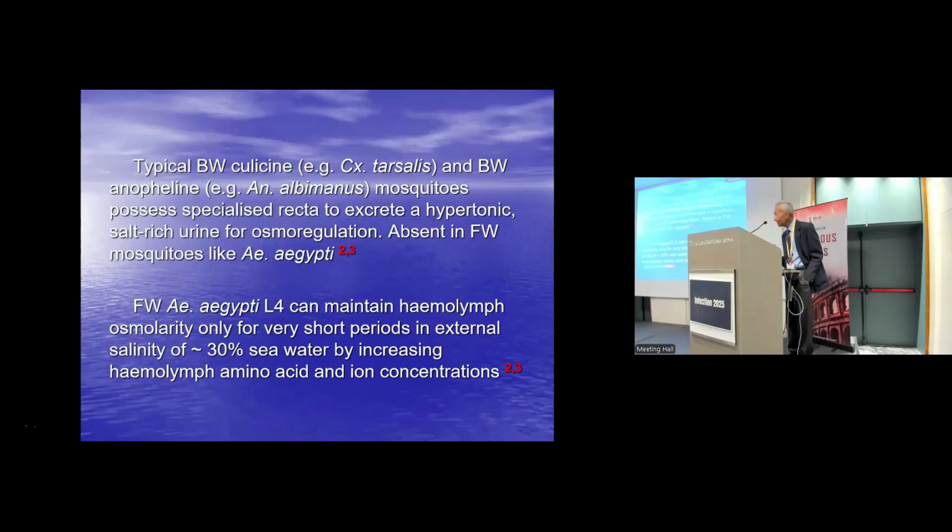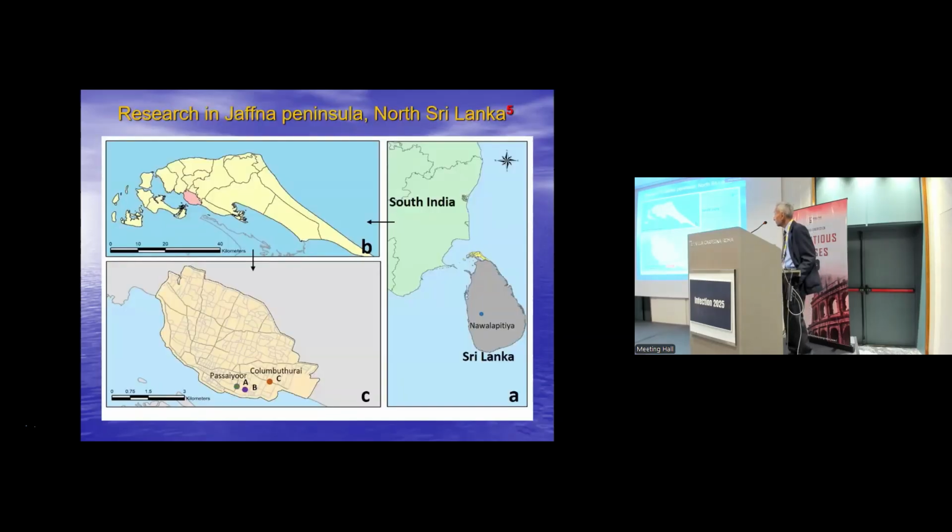So how do they adapt? That's been the subject of our work, which was carried out with colleagues in Sri Lanka, the island south of India. This is the Jaffna Peninsula here in the north. The maximum height of the peninsula is only about 10 meters, so it's very prone to increasing sea level salinization, and the water supply is from groundwater aquifers.